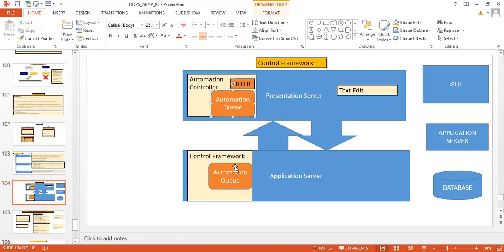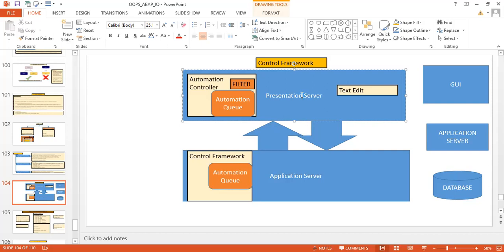When the next set of data is required, it is pulled from this automation queue and shown on the SAP GUI layer. We don't display everything at once in order to have a better user experience and to improve the performance. Displaying everything in one go is not required, because we generally don't see everything. We require only a few sets of data, the part visible on the screen. That much is useful.